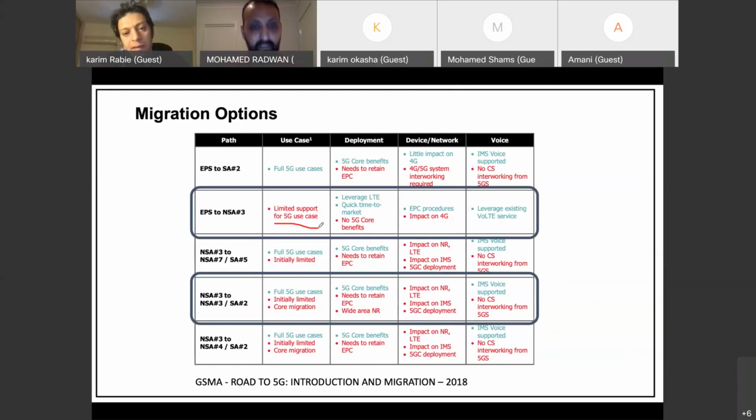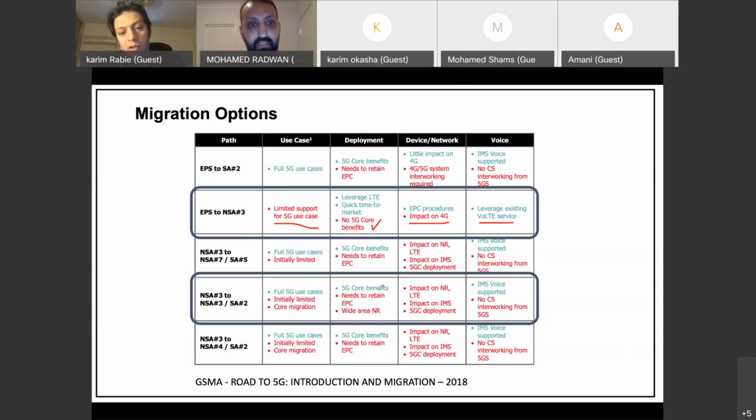There is no 5G core, because it's based on the EPC. There is some impact on the 4G because you need some adaptation from the HSS, from the core, from MME and the gateway. And the good thing is that you can still use the voice over LTE. You can use the 4G for the other services.